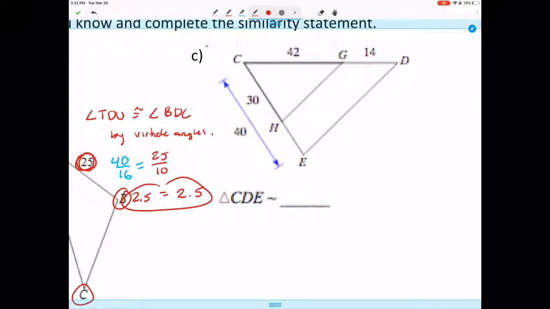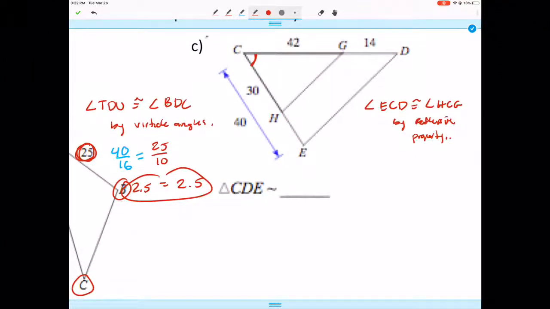Okay, last one. We have two sets of sides, and you may want to realize that these are reflexive. Okay, so we have angle ECD is congruent to angle HCG by the reflexive property. Okay? All right, so we know that those two angles are congruent, and now we need to find the corresponding